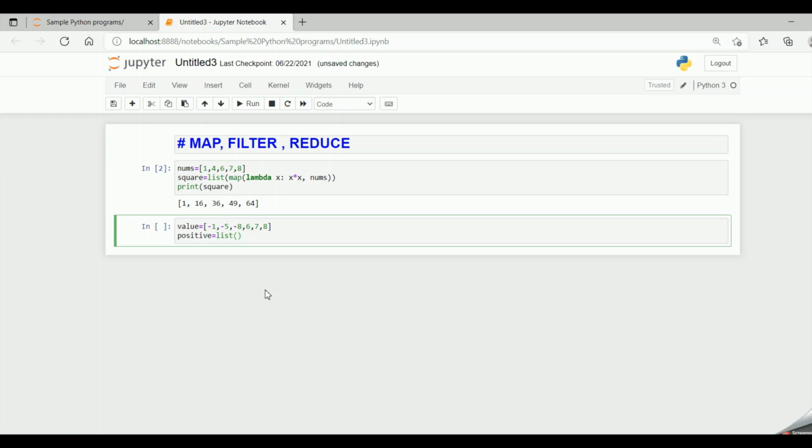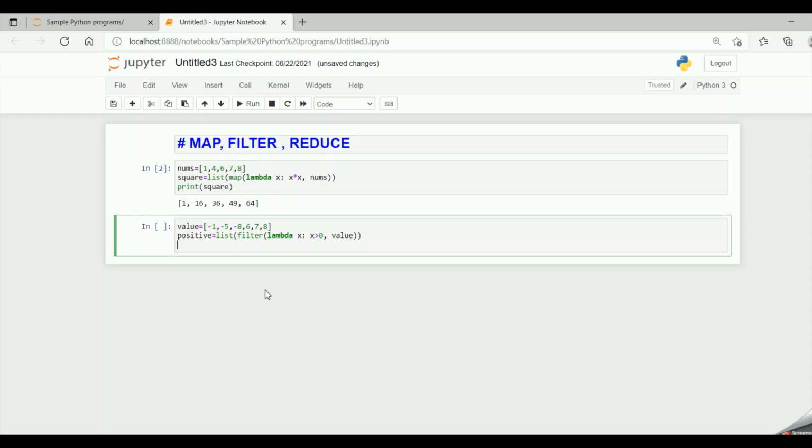And now I want to filter out the unwanted items, so I give the filter built-in function. The filter built-in function takes two arguments. One is a function, so let me write a lambda function: x greater than 0 is my condition. Here I have to specify a colon. And what is my other argument? It's the iterable, so I'll give values. Values is the iterable in this particular case.